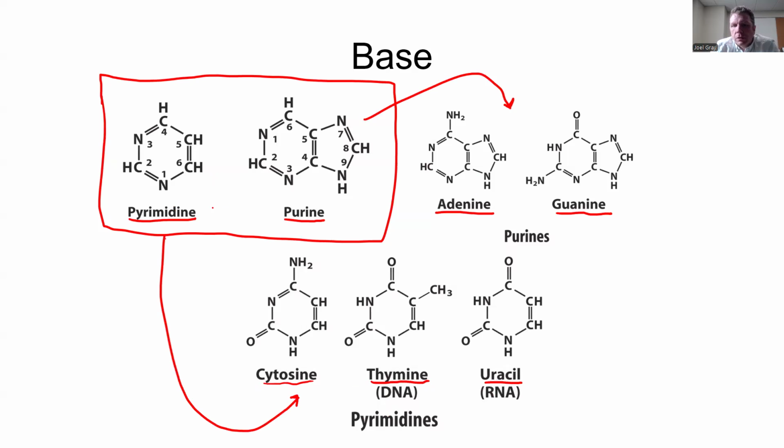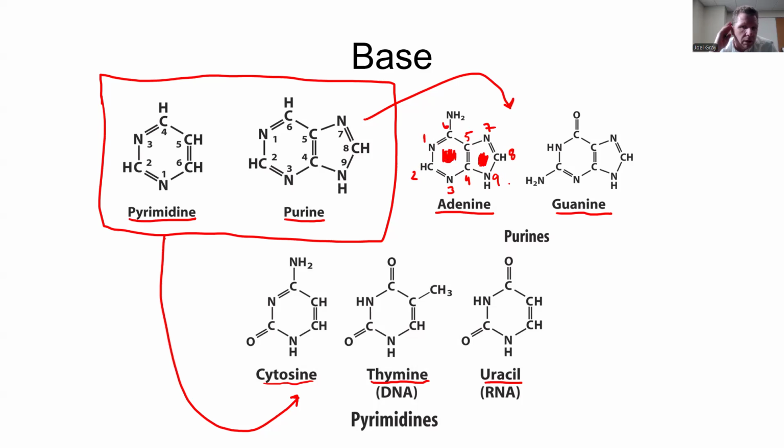Now, what I want you to know, and is important for you to know, is the numbering of these atoms. So let's start with our purines. The way that I always try to think about this is as a six-membered ring and a five-membered ring. So two different structures. Now, I'm going to number them starting with this nitrogen right here, and then I'm going to go counterclockwise. 1, 2, 3, 4, 5, 6. Now, to avoid confusion, I'm just going to scribble these out. Okay, as soon as I've done that, then I'm going to jump out to this nitrogen: 7, 8, and 9.